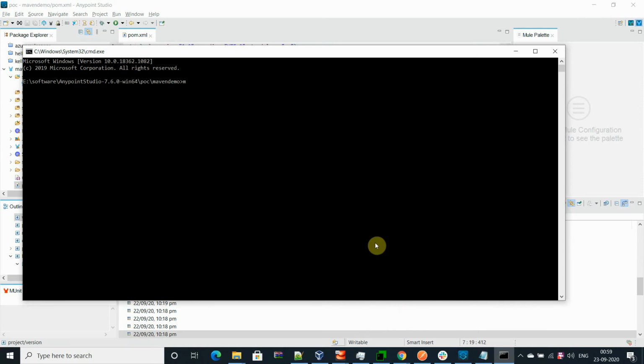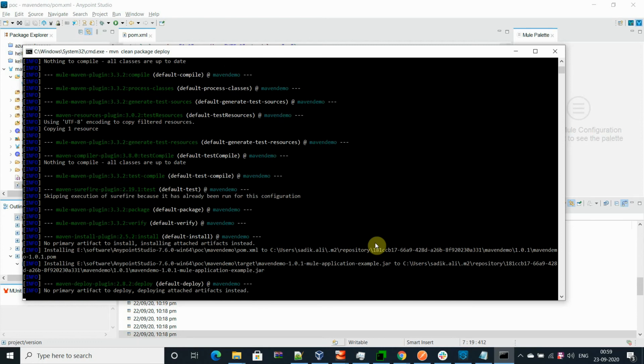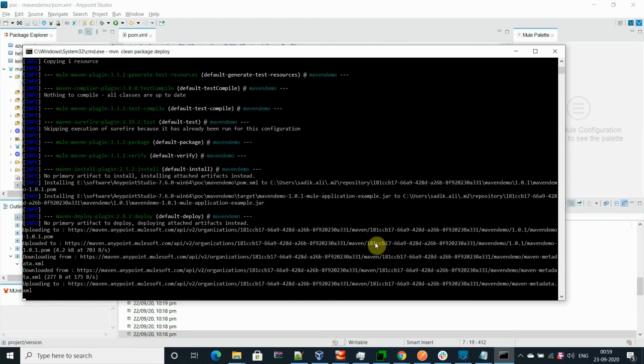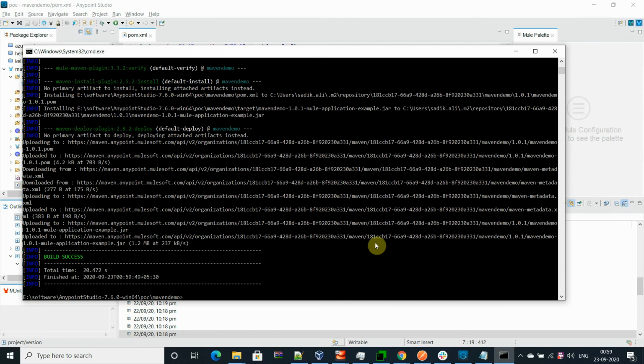Let's run deploy. Right now I am publishing my assets to Exchange, and at a later stage I will execute the command to deploy from Exchange to Runtime Fabric.